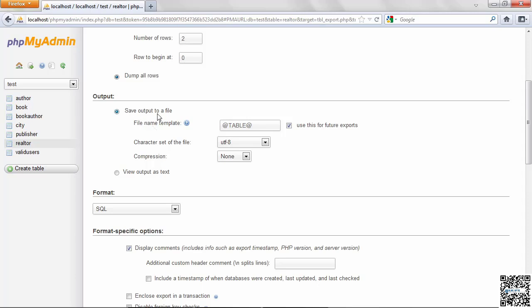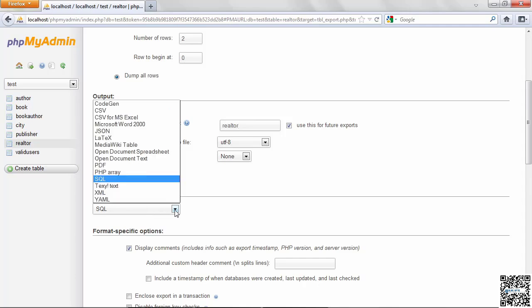Now I want the output saved to a file, and I'm going to give this file a name. I'm going to call it realtor. Actually, I don't have to call it dot anything. It'll save it as a .SQL format here. There are other formats we could save this as, but by saving it in SQL format, we could run this